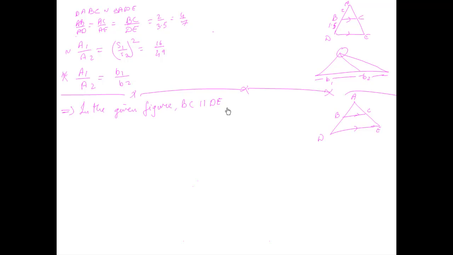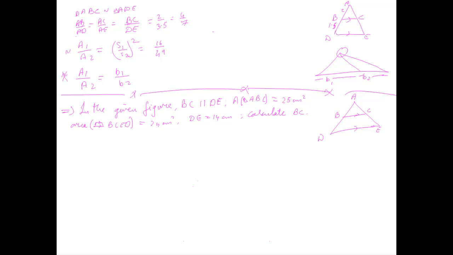If area of triangle ABC is equal to 25 centimeters squared and area of trapezium BCED equals to 24 centimeters squared, DE equal to 14 centimeters, calculate